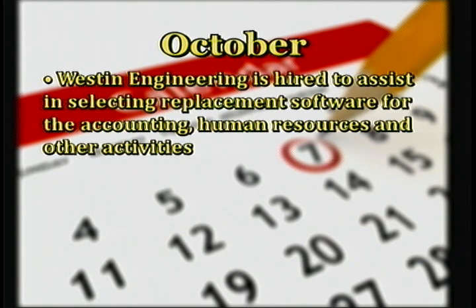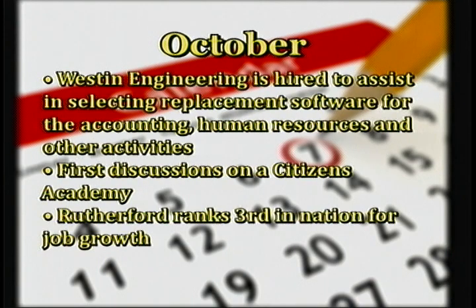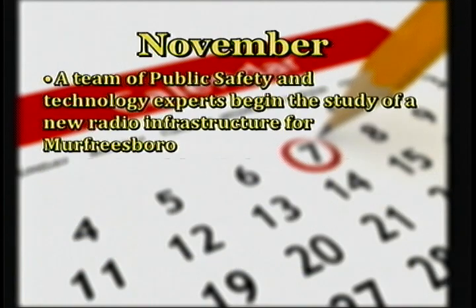Western Engineering is hired to assist in selecting replacement software for the accounting, human resources, and other activities. First discussions on a Citizens Academy. Rutherford ranks 3rd in nation for job growth. Veterans Parkway Bridge completed. November, a team of public safety and technology experts begin the study of a new radio